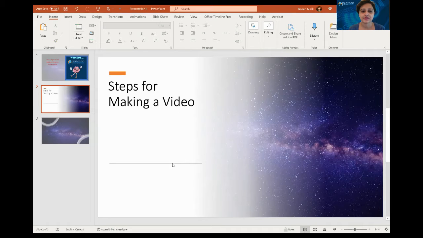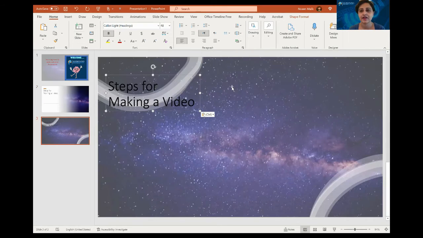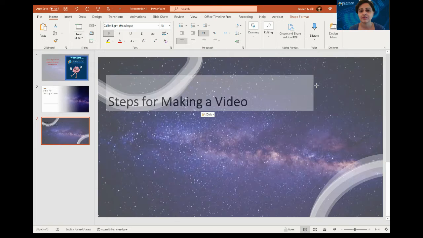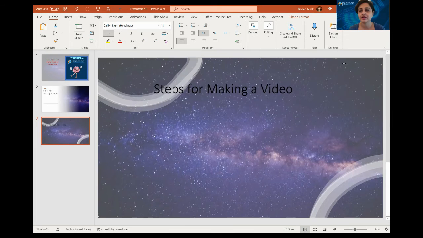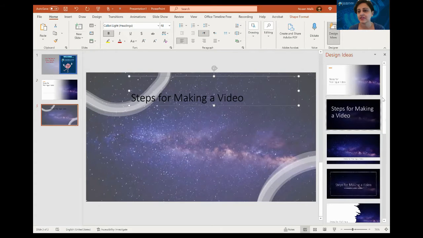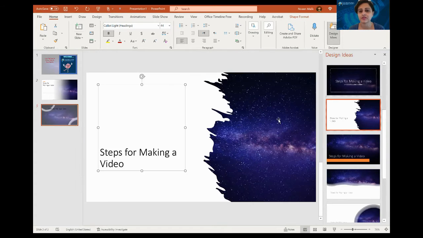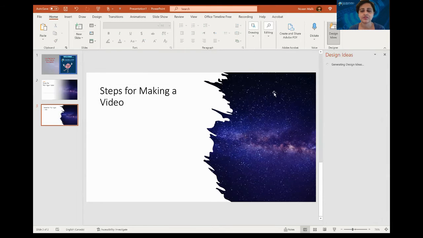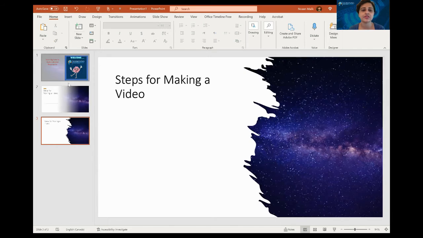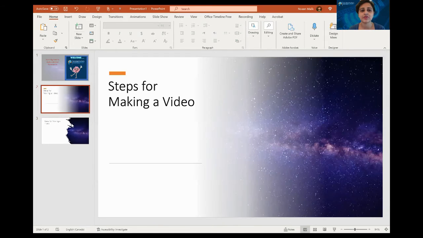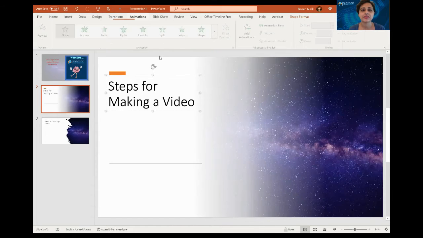I can write down whatever you want to write, and I will copy probably this one into my next slide. Let's give it some other heading and see if we can get more design ideas. Maybe I will use this one here, and here it goes, and you can add the text or whatever you want. So you see, your slides are becoming so interactive. You can even add some animation. So let's create some animation.